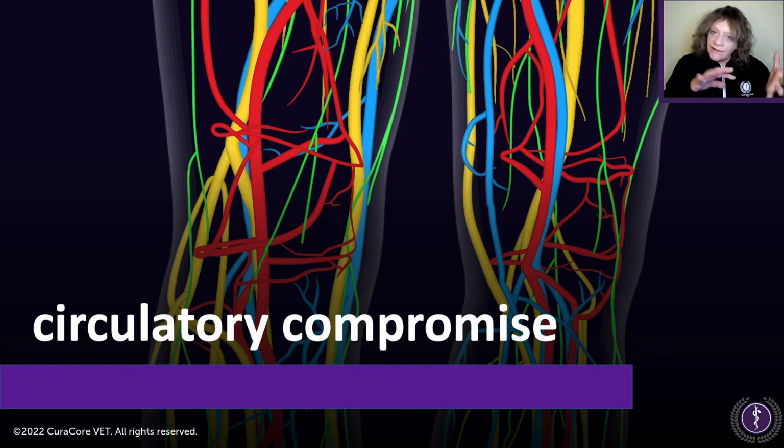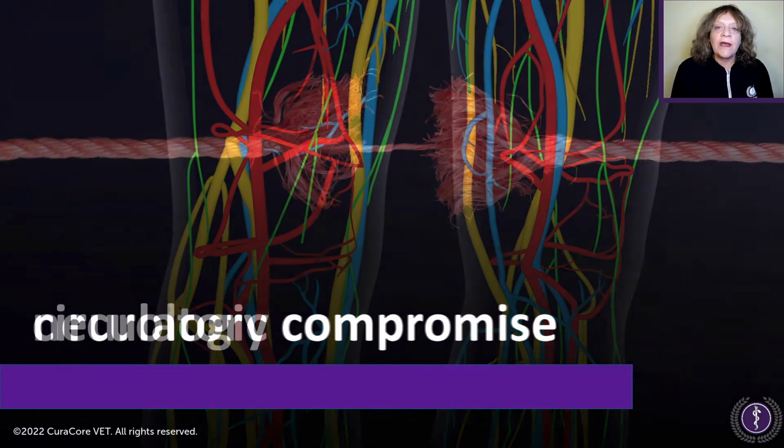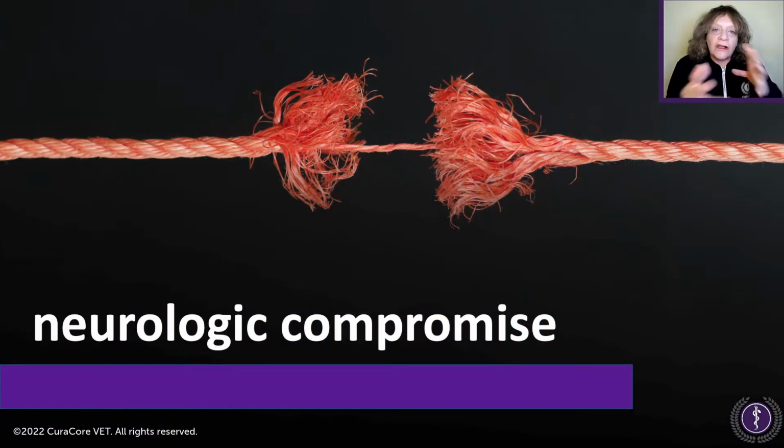So we want good inflow and outflow, and that doesn't always happen, especially if an animal is considered to be needing crate rest or imprisonment in a small area and cannot bear weight as they need to and nourish the joints and all of those other components in that structure that really need weight bearing to get the blood gushing through. Neurologic compromise, that can happen with or without surgery.